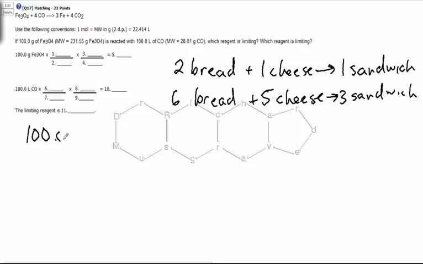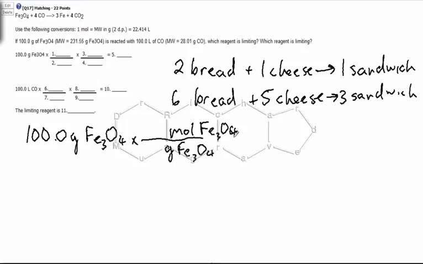Alright, so we've got 100.0 grams of Fe3O4, and we're going to figure out the number of moles of Fe3O4, which means grams of Fe3O4 goes on the bottom to cancel those grams. Moles of Fe3O4 goes on top. And the relationship there is 1 mole of Fe3O4 is equal to 231.55 grams of Fe3O4. Alright, times, and then we've got a line, and we're going to have 1 over 1 mole of Fe3O4